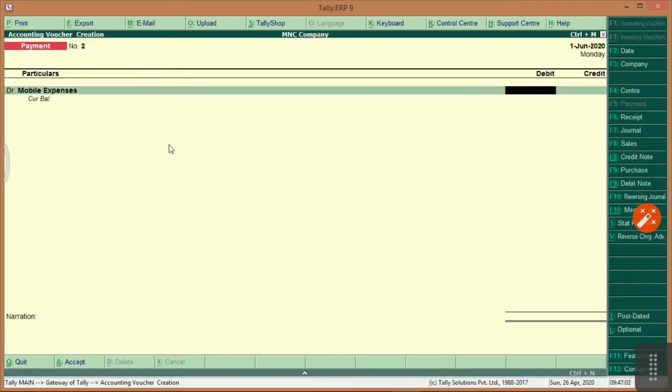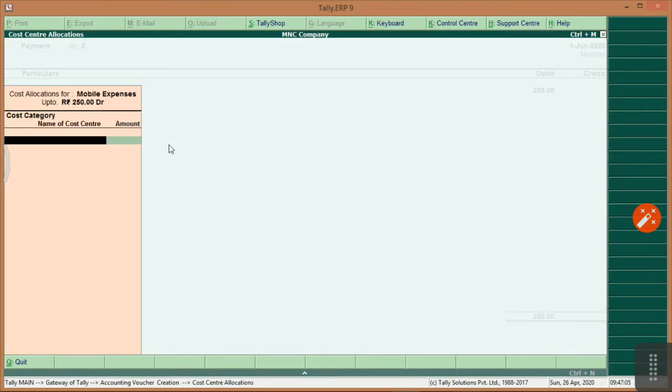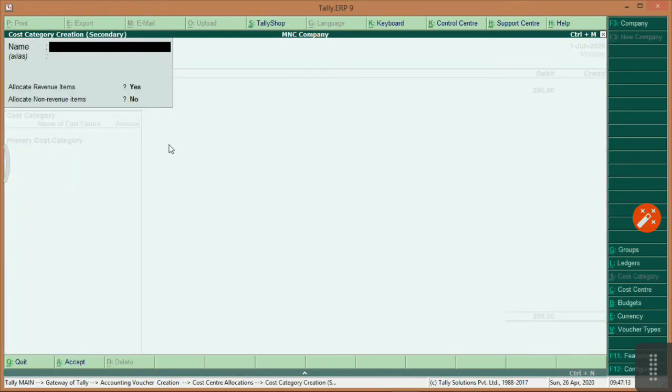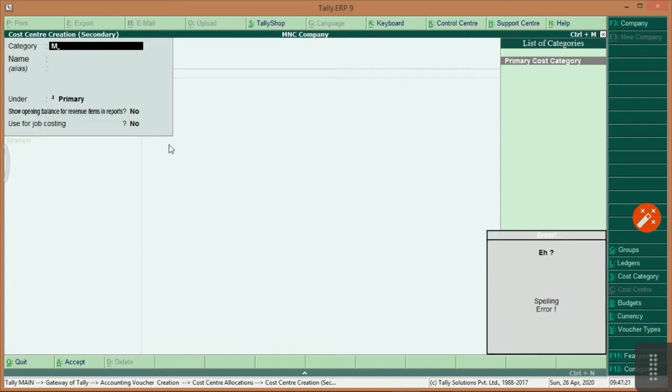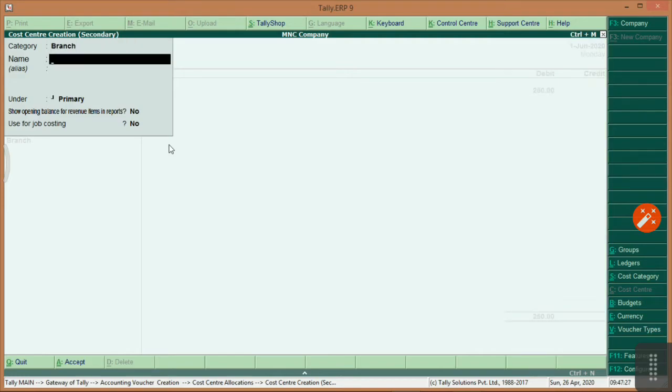A bill is 250, and primary cost category is branch, and cost center is Mumbai.